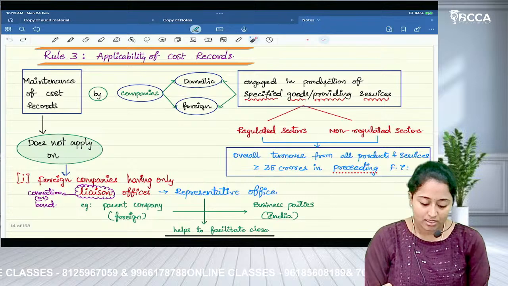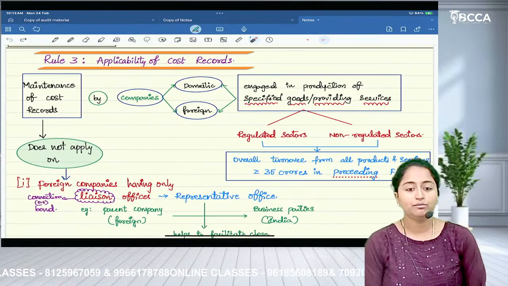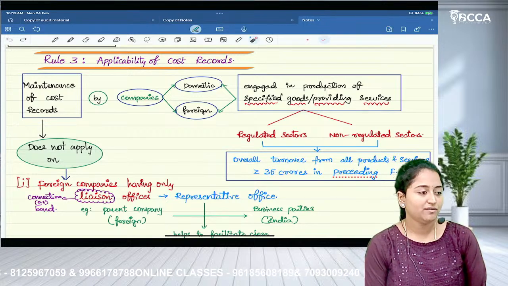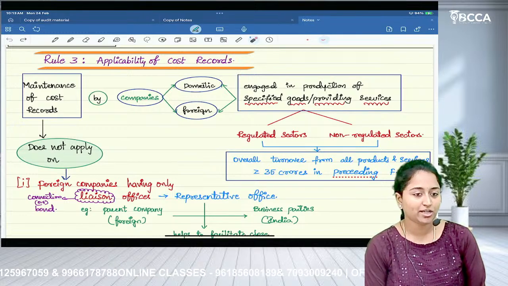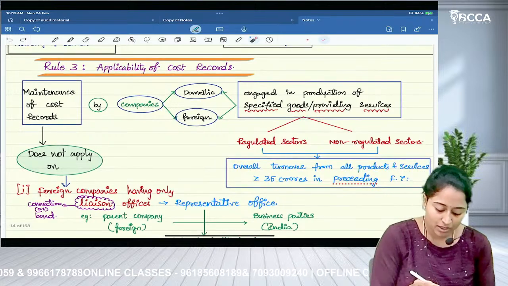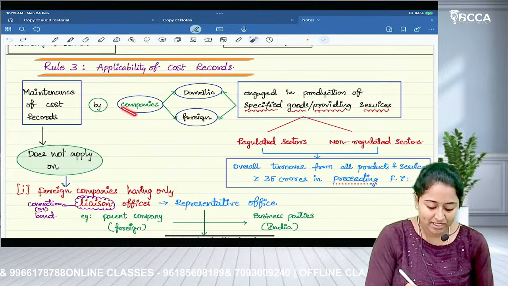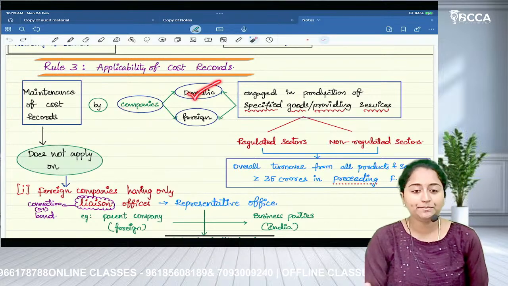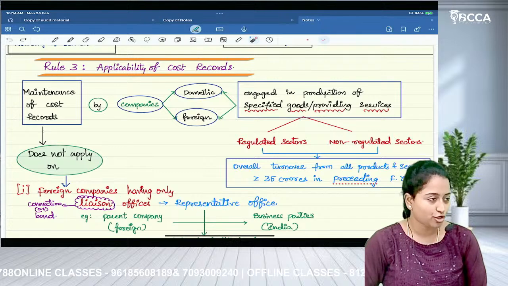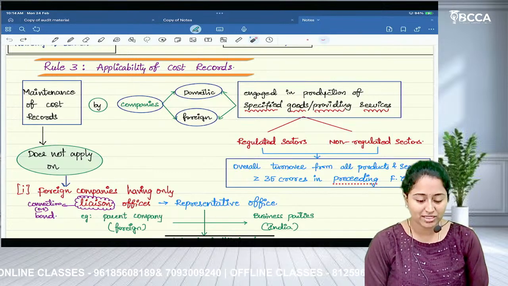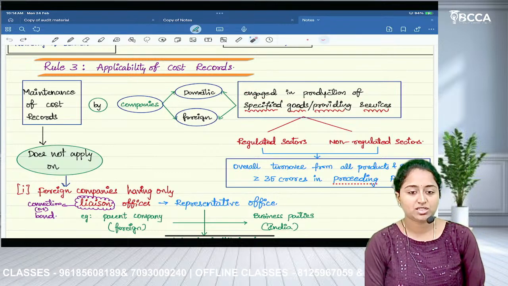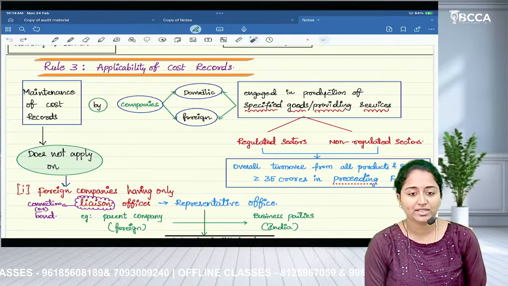Now, do all companies have to maintain cost records? The answer is no. Only some specified industries, which are specified under the tables for regulated sectors and non-regulated sectors, have to comply with cost records. Now, maintenance of cost records by companies: it can be a domestic company, it can be a foreign company. There is no bifurcation that only domestic companies have to comply with cost records. No. A domestic company or foreign company engaged in production of specified goods or providing services given under the regulated sectors and non-regulated sectors tables,